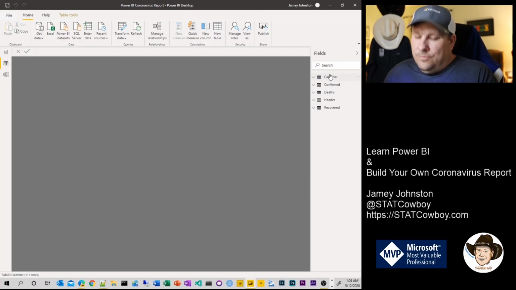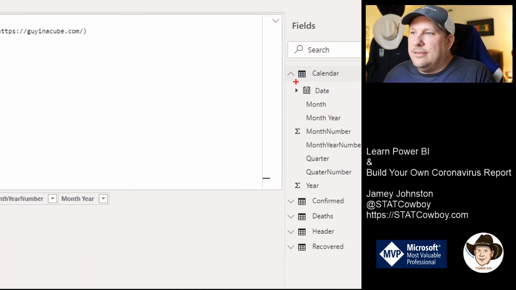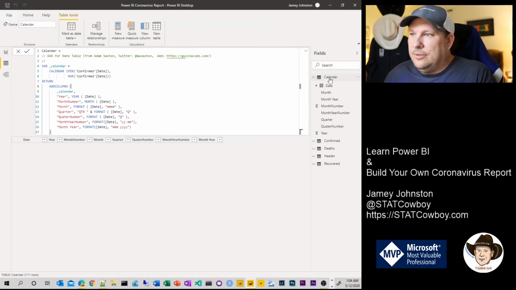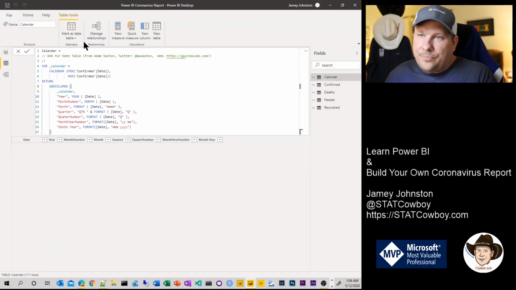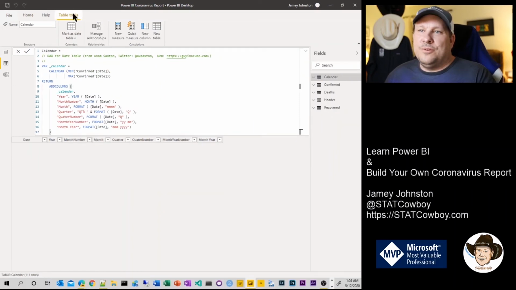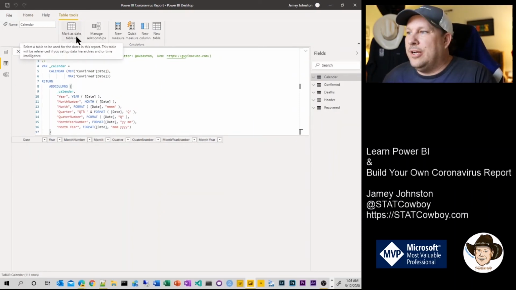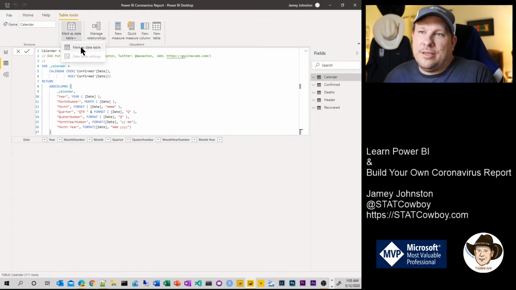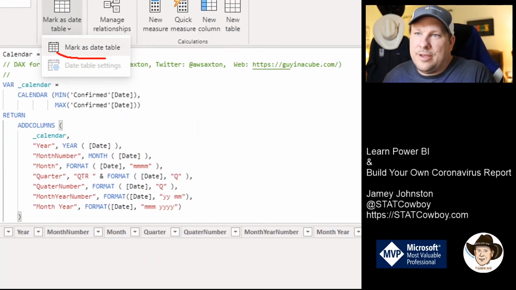And then once it's created, we want to select this calendar table. We just select on it. And then up here at the top in these table tools, we just want to click this mark as date table. And what we're doing is we're telling Power BI that we have a date table in our Power BI report, and this is the table that's that date table. So if I click mark as date table,